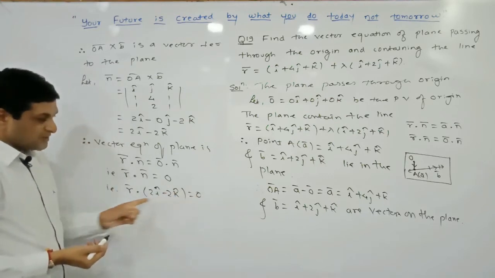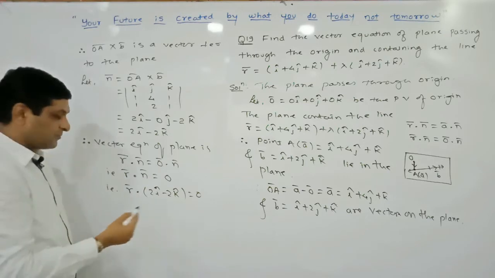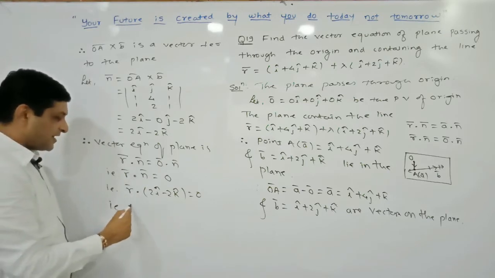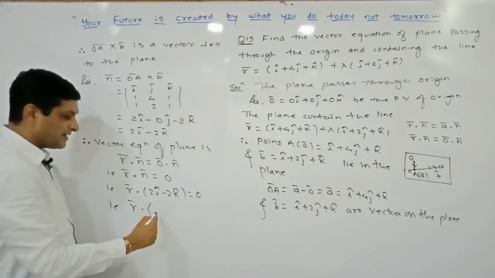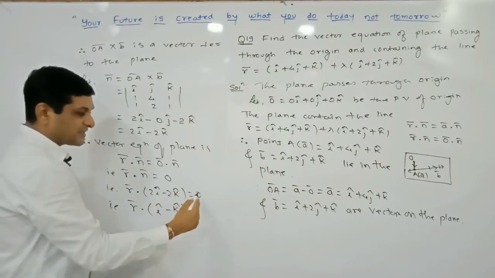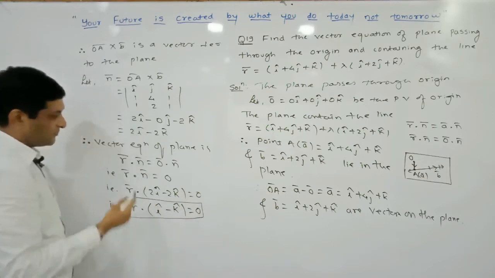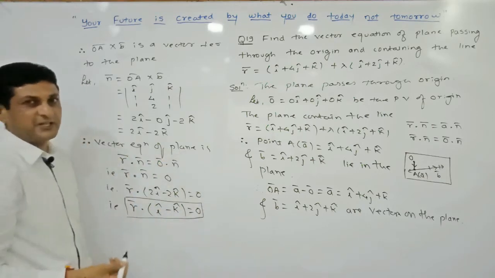Now if you observe this equation, check whether both terms are divisible by 2. So I am dividing both sides by 2. If I divide both sides by 2, what will we get here? i cap, and here what will we get? Minus k cap, and on this side 0 divided by 2 will be equal to 0. In this way we have got the required vector equation of the plane.